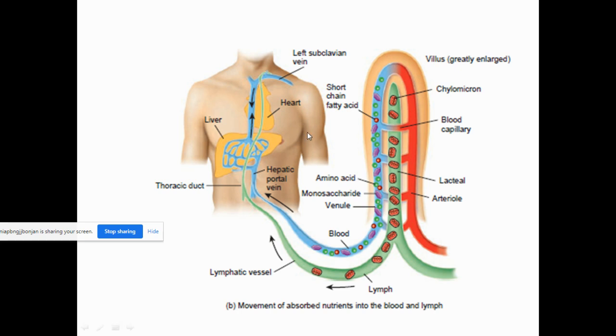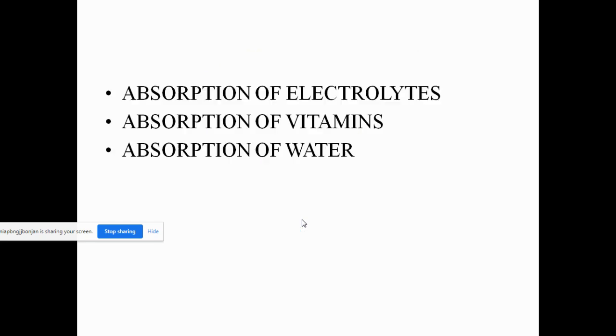So this is the difference between the absorption of the monosaccharides and amino acids and the lipids. Lipids are present in the form of chylomicrons. As they are very huge, they cannot enter the capillaries and the blood vessels, so they have a separate system of transportation called the lacteal. It is absorbed through the lacteal, flows into the lymph vessel, and the larger lymphatic vessel enters the left subclavian vein, and then it will merge with the blood vessel and be transported across. This is how the movement of the nutrients takes place.